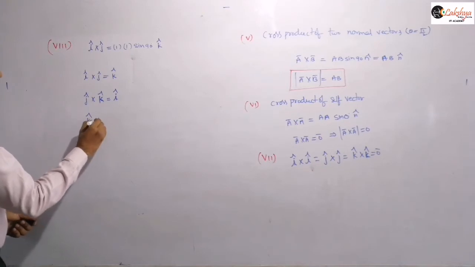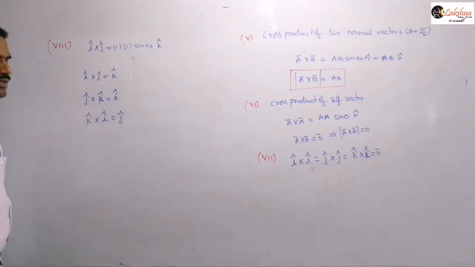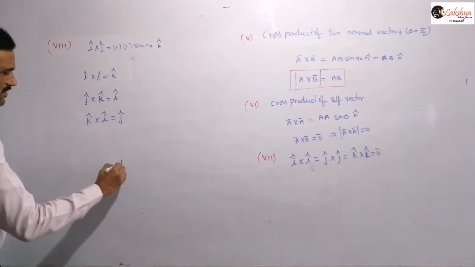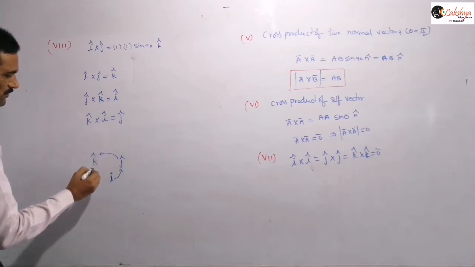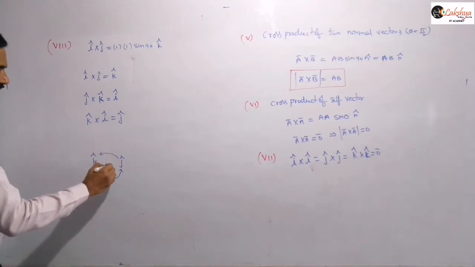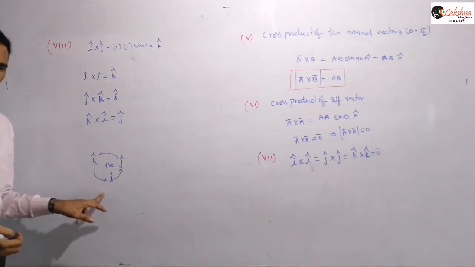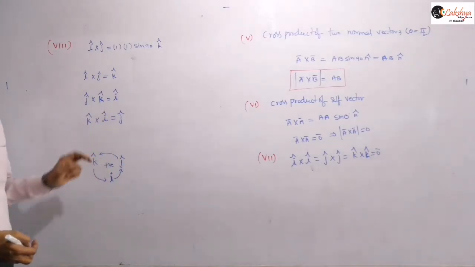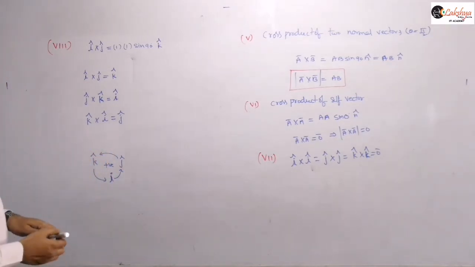And similarly this k cap cross i cap, so this vector will be plus j cap you will get. Now we can remember it easily like this. If I am representing i cap, j cap and k cap like this, if you are following this order i, j, k, i, you will get the positive of the other quantity. Like if you are finding the cross product of k and i, then you will get plus j cap. If you are finding the cross product of j and k, then you will get plus i cap. So that is nothing but this. If you are following this i, j, k order, then you will get the positive vector.